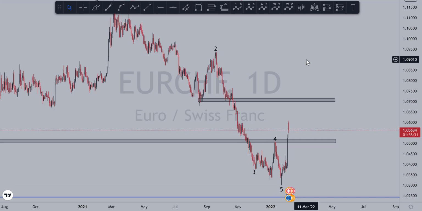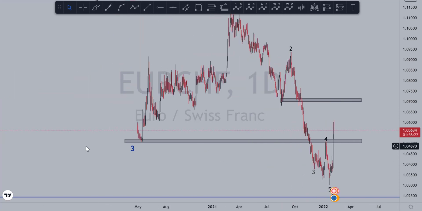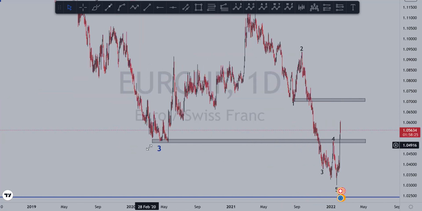I'm looking at Euro Swiss franc here. So let's just look at what has happened here. This was a major low there. This was supposed to act as what? As support for the price to then come deep into the support, or just take the low, then continue going